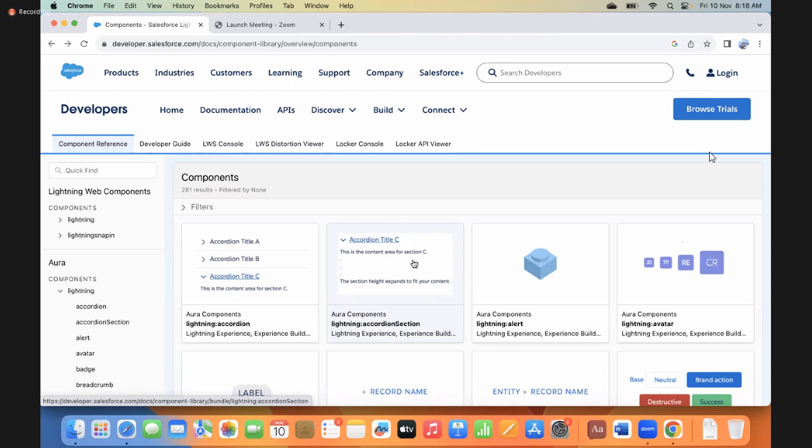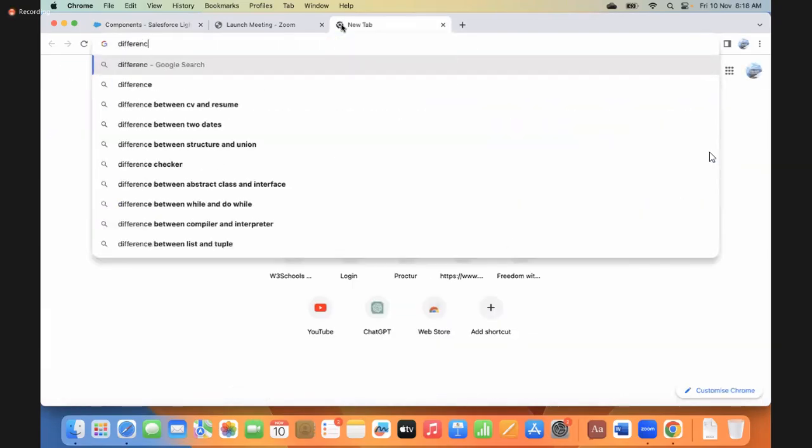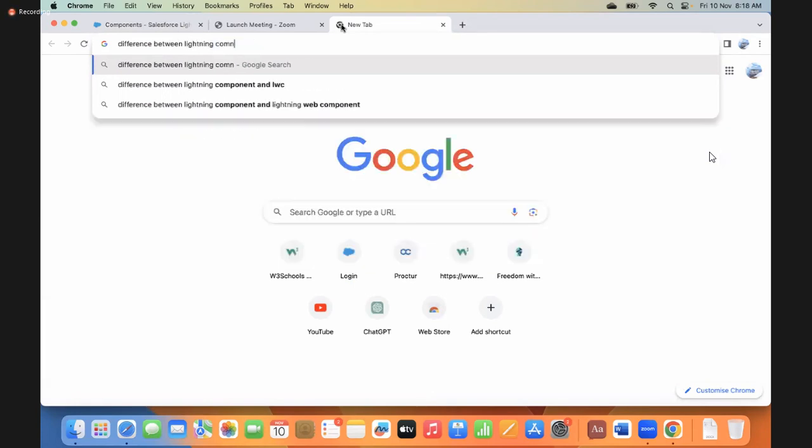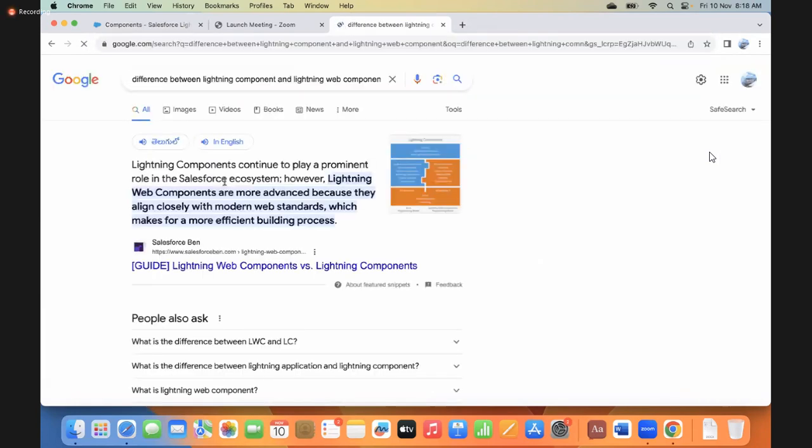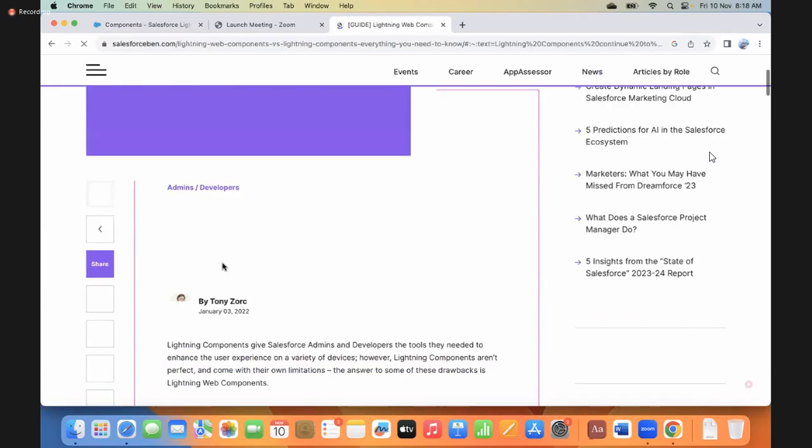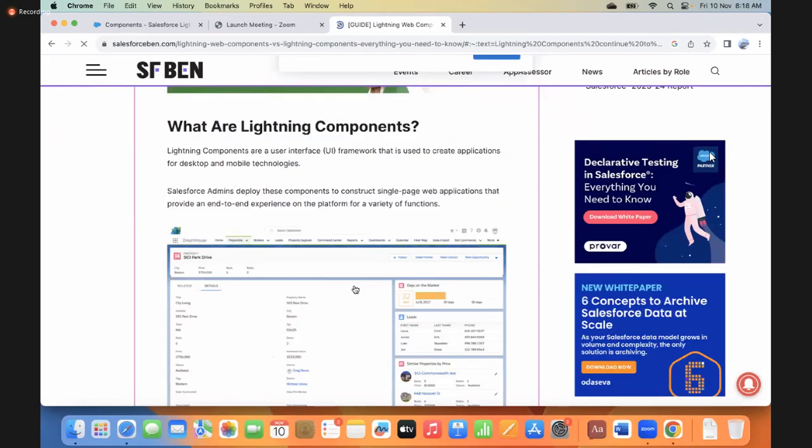Then Salesforce thought that it will be good if we create Lightning Web Components. In Lightning Web Components, the problems that we are facing in Lightning Components will be resolved. First problem: Lightning components are not as per the standards. Lightning Web Components are as per the standards. Okay, I will give you the differences. See this one, differences between